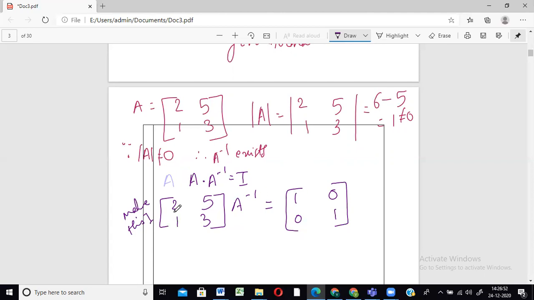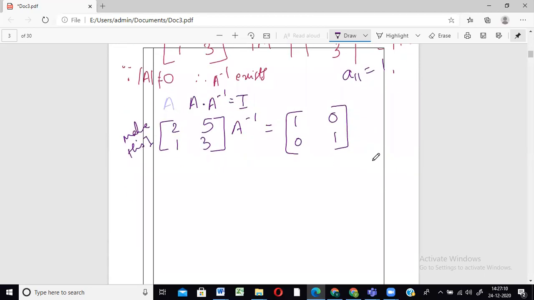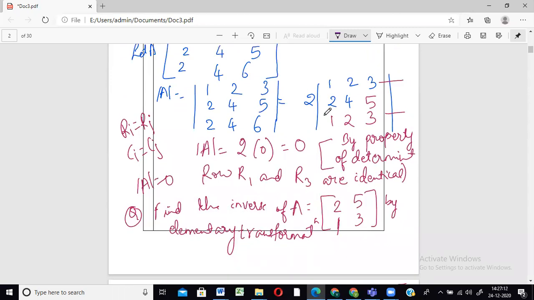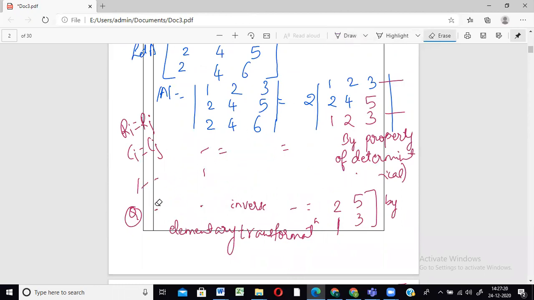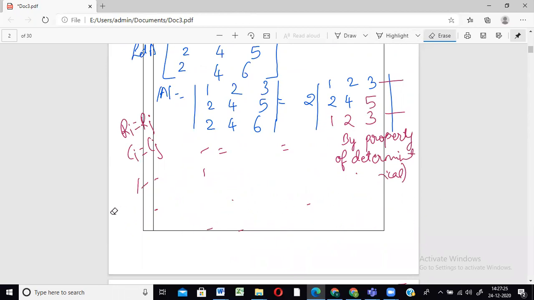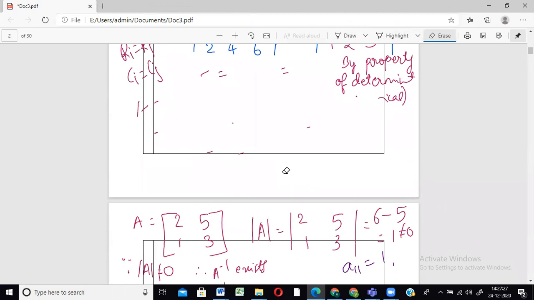So that will be your final answer. Our major aim is to make 2513 as identity. The first step you can follow is always make the first element as 1. Here are the steps you're going to follow. Let me quickly write the steps for both order 2 and order 3, because that will work for order 2 as well, right?